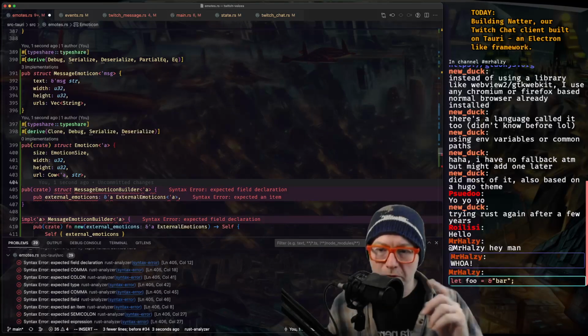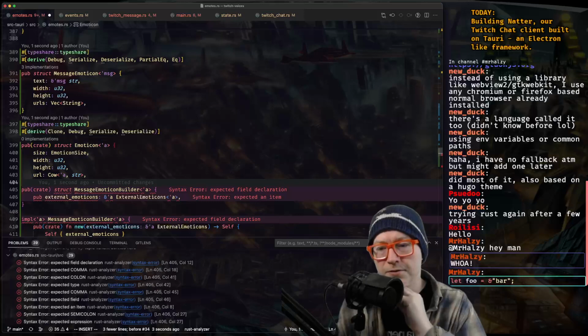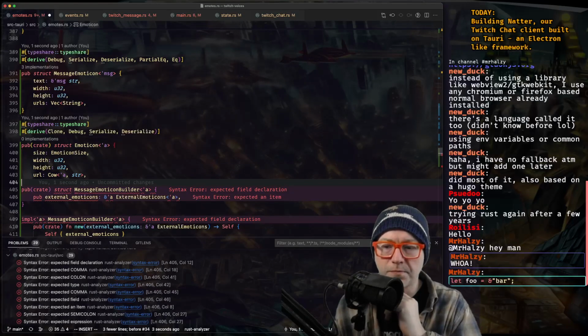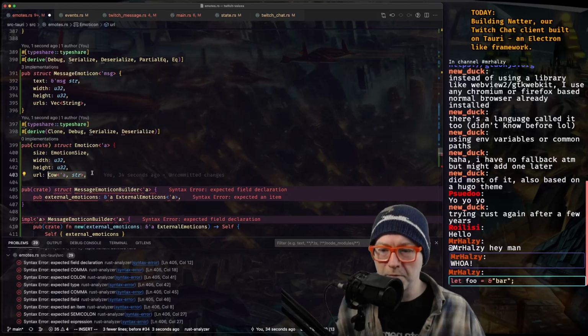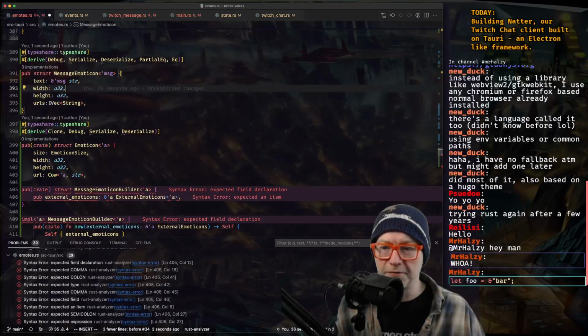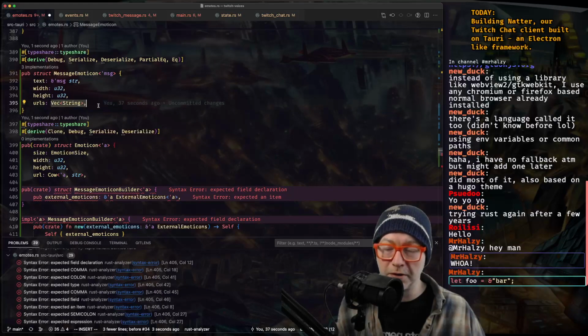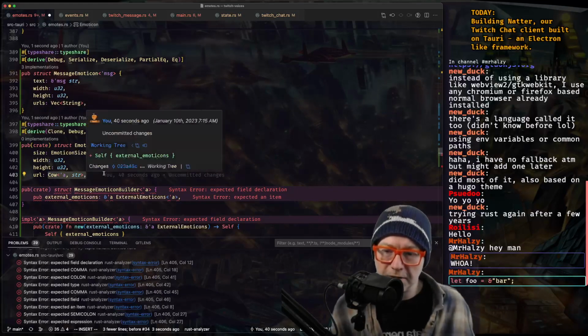So, Twitch has basically two emotes, and 7TV has a single emote. So this one here is designed for the Twitch emotes where you might have more than one, and this is designed for the 7TV one.